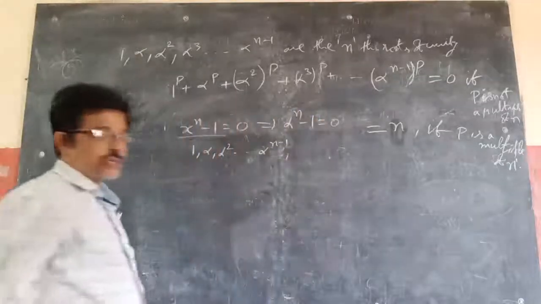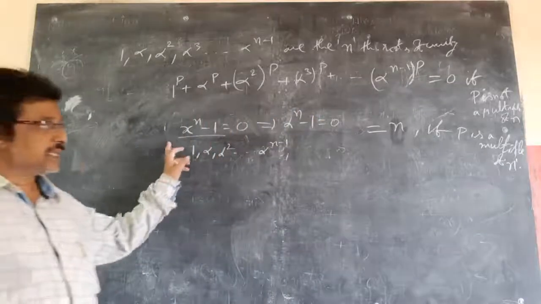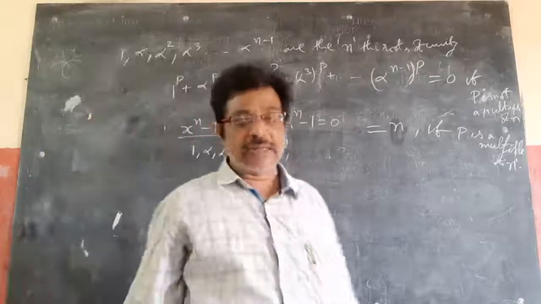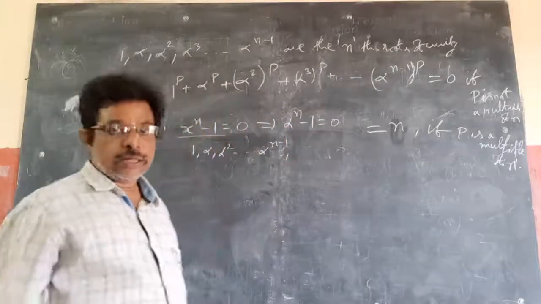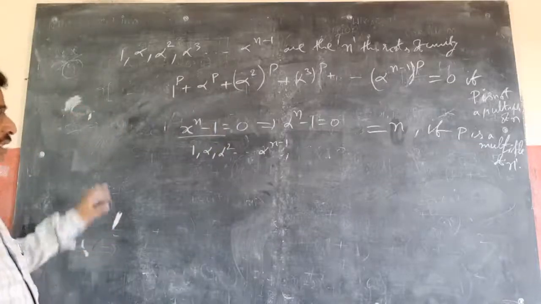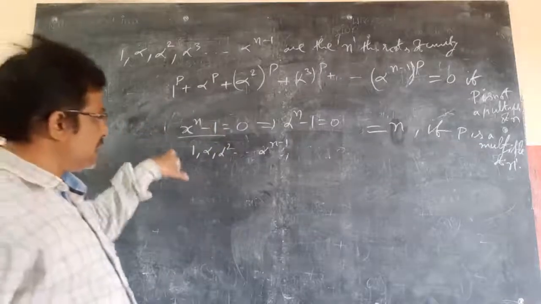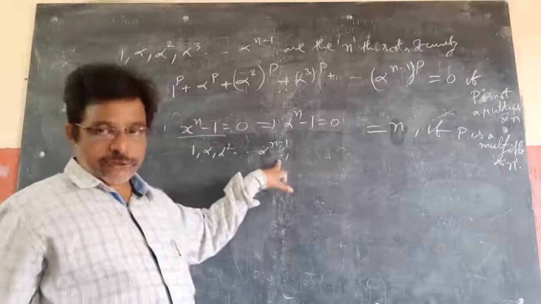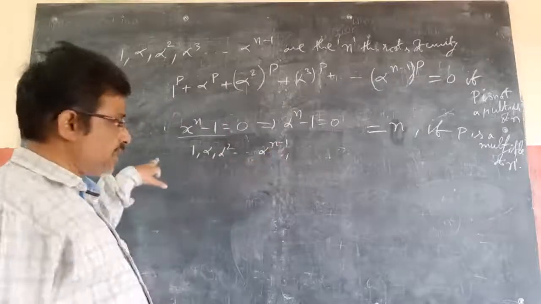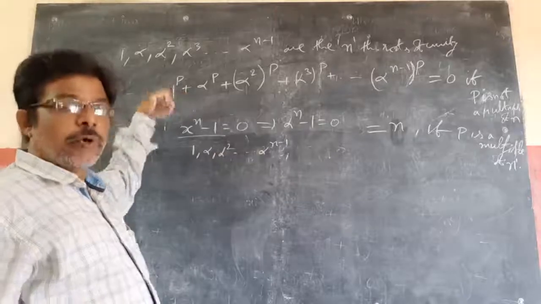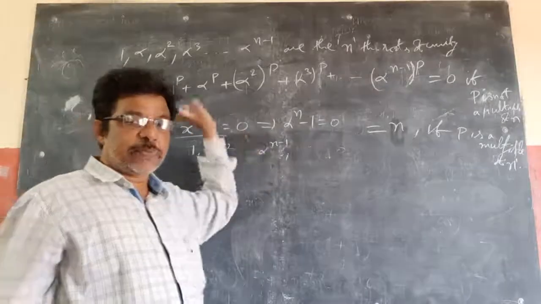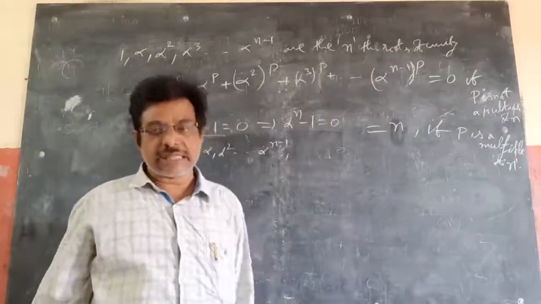First and foremost point, we already discussed this: the sum of the nth roots of unity is always 0. Now see, here he says these are the nth roots of unity, which means the sum of these is 0. But he is asking not the sum, but the whole power p of each of these. He is simply asking for the pth powers of the nth roots of unity.